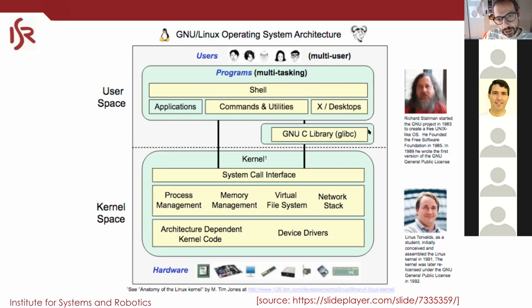And so here in user space is everything that you can launch, run, start, stop, and visualize. In user space, we have the C library. When you start learning C, the fopen, the fwrite, the printf, all of that stuff is in glibc, together with many other functions, which is common to any Linux system and also shared with other Unix systems. And then you have all of the programs that you run in multitasking: applications, the shell, and everything that is graphical in the X.